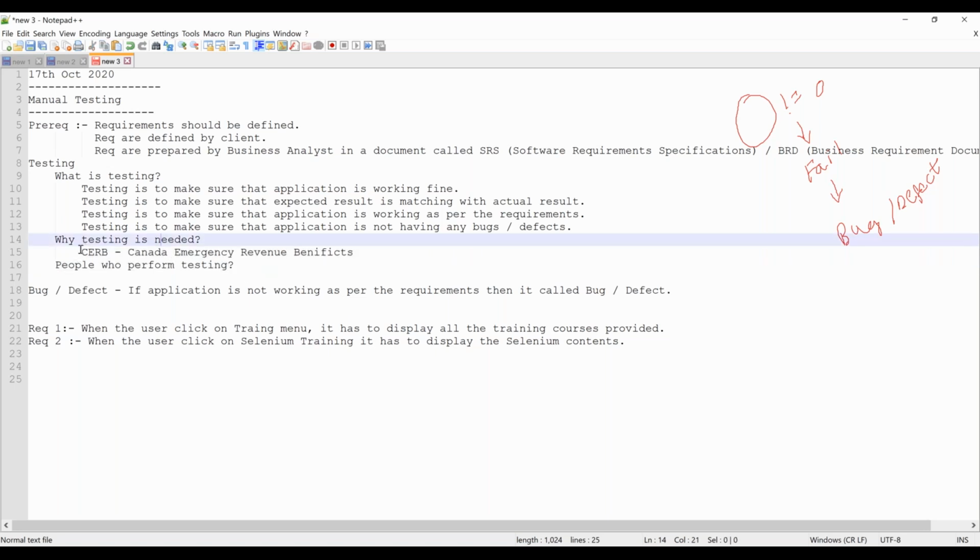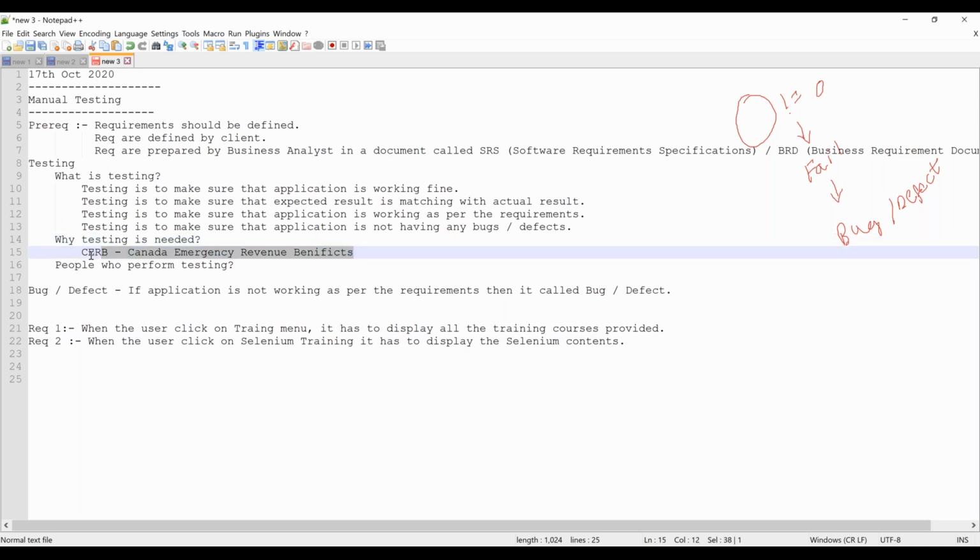Now, if you remember, at the beginning when the government launched this CERB, there were a lot of flaws in the application. So what were the flaws? A person who applied once could apply twice also, right? That is one of the flaws. So what has happened because of that? The money from the government has been lost. The government wasted money unnecessarily. Though they are going to recover it, still the government money is wasted.